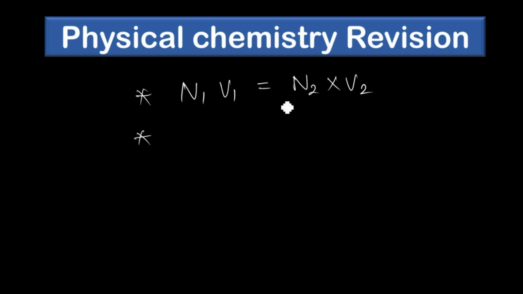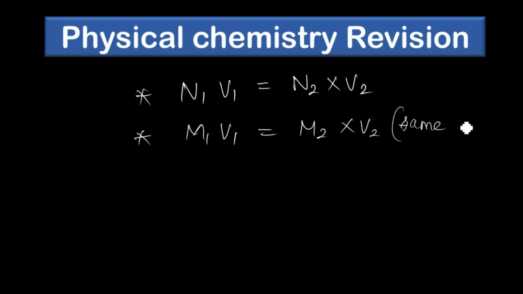Okay, the same thing will apply for molarity also, but in this case you should have the same solution, or as I can say, it should be of the same acid, but while finding the equivalent number, we'll divide it by some number, no? For acid, the charges, or the number of electrons it lost, that should be the same. Okay, then